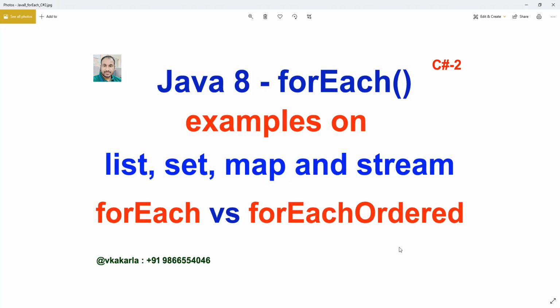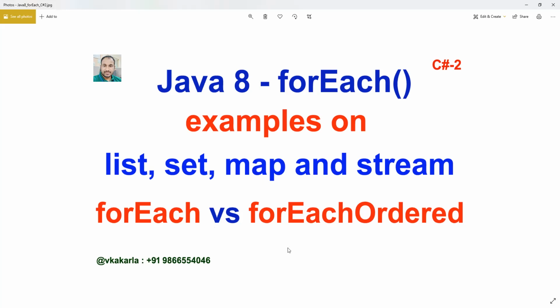And also, in Java 8 we have forEach and forEachOrdered. So what is the main difference between forEach and forEachOrdered? We will also see this by executing some examples. So what is forEach and what is forEachOrdered? How is the order maintained when we are using a parallel stream? Especially for a parallel stream, is it maintaining insertion order, or is the insertion order guaranteed when we are using a parallel stream? So we will see by doing an example.